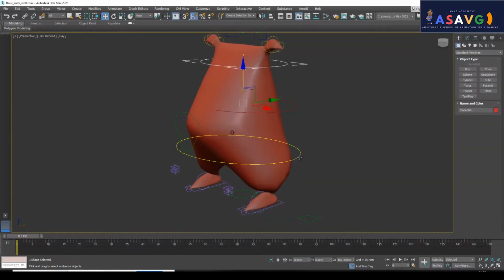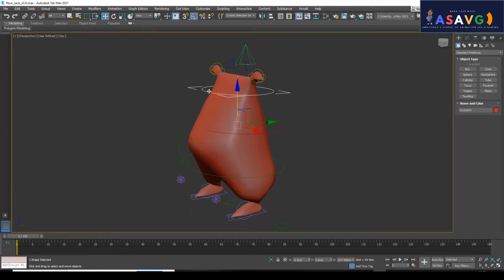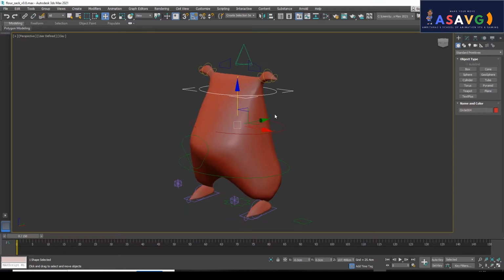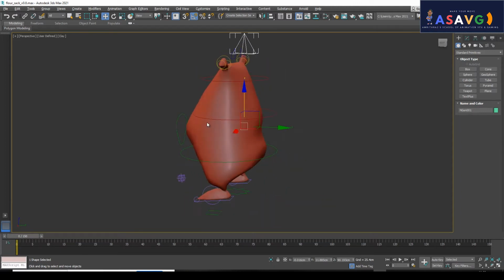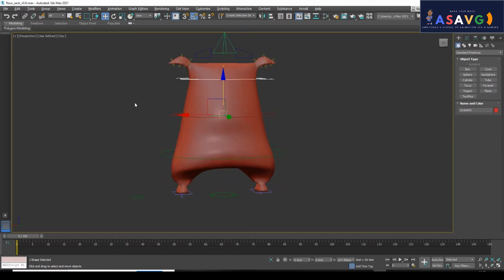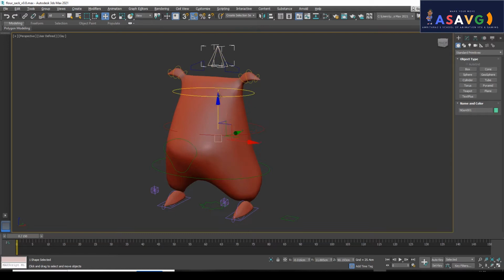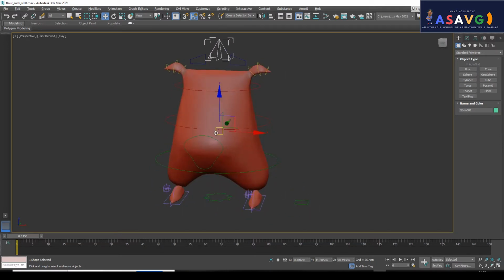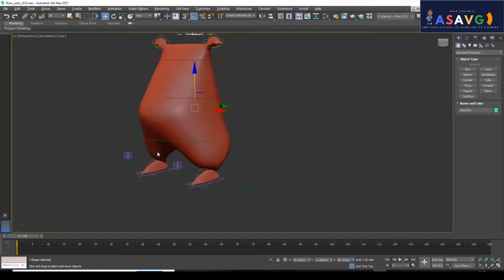So in today's class we are going to discuss a basic animation with a basic rig. This character is basically a rigged character, so we can see the controls over here. Every control should be a curve. So this is the curve, so we can easily work with it. First of all we will be discussing what curves are